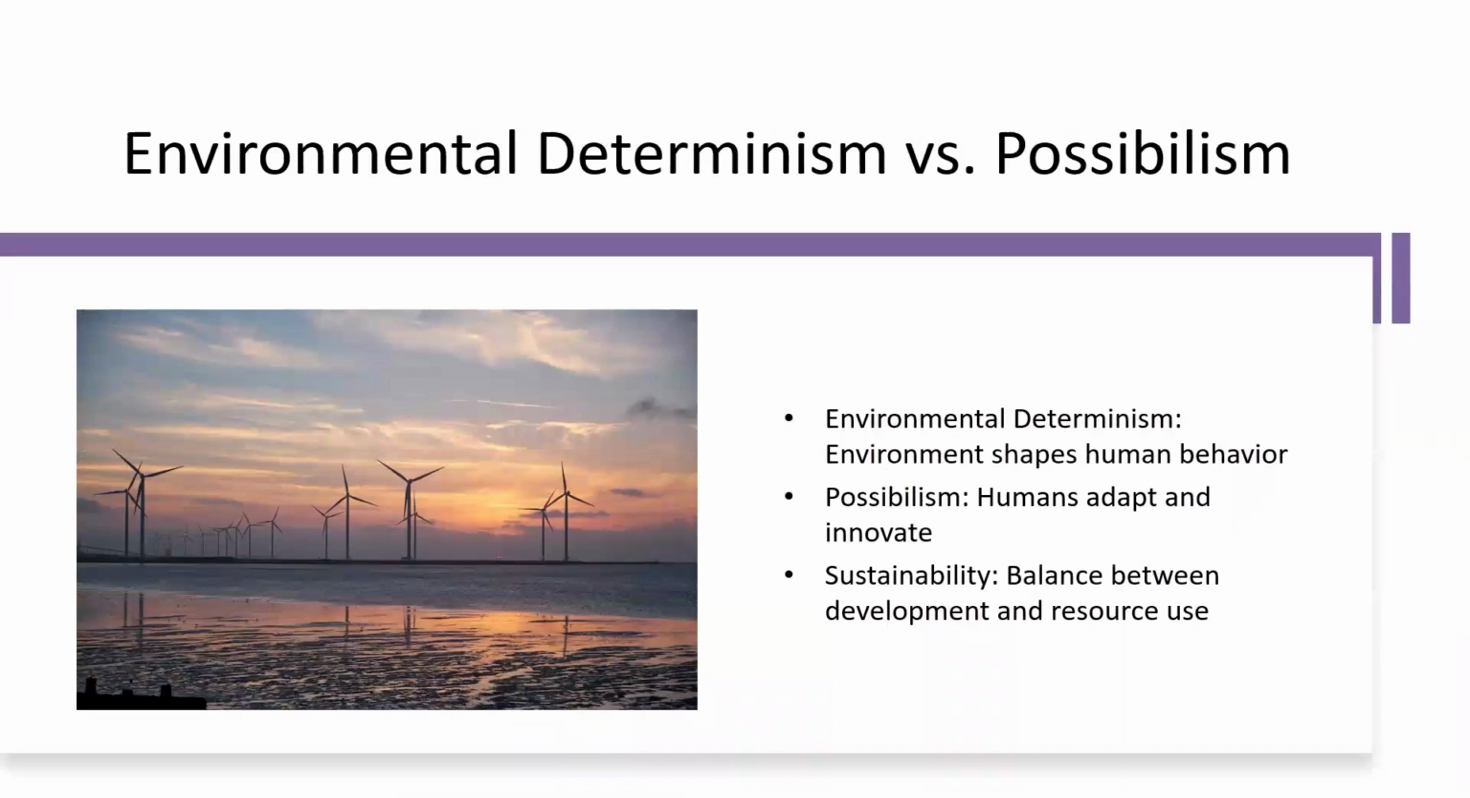And lastly, take a moment, write down what is environmental determinism, possibilism, and what is sustainability. Can humans adapt, or is our culture determined